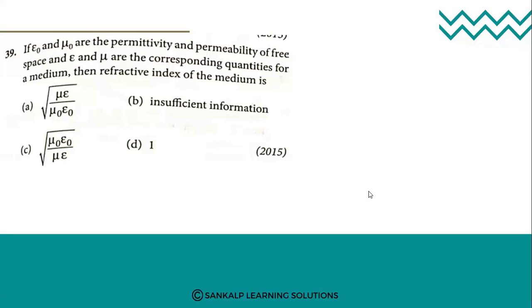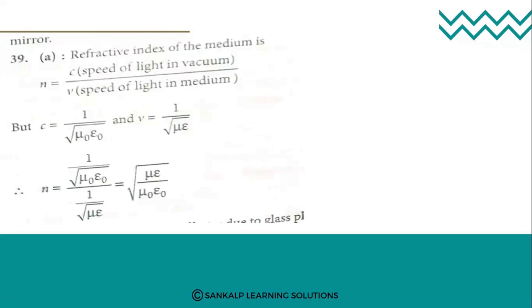A or C? Yes, A is the right answer. So here, as we know, the refractive index will be given as, so what is the refractive index formula? That is the speed of light in vacuum to the speed of light in the medium, right? So now C is equal to, we know that